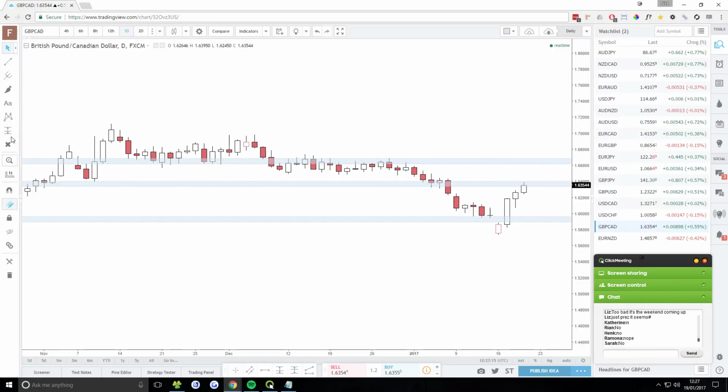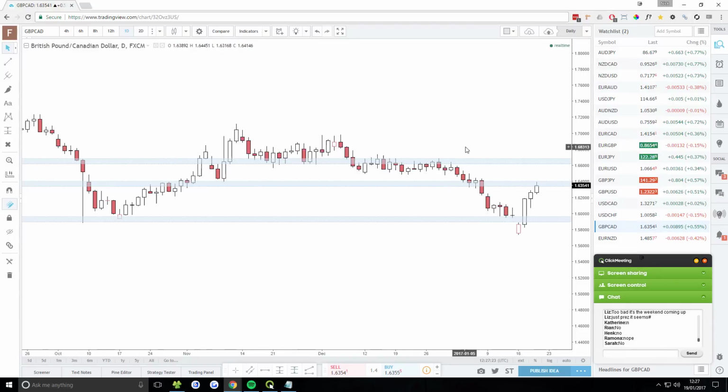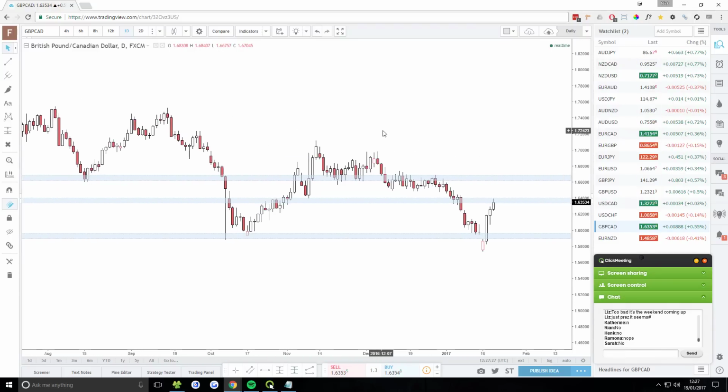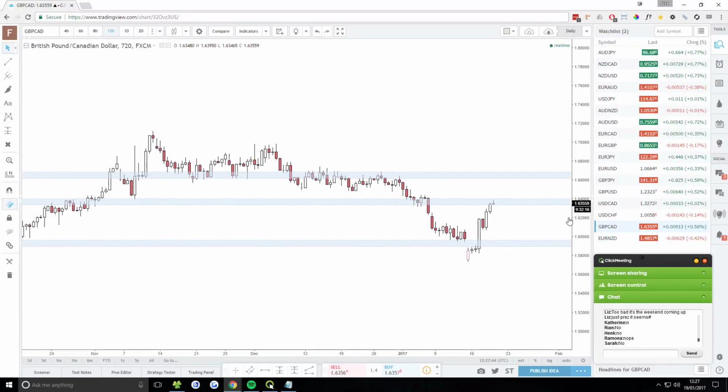I'm probably not going to take a trade here. As I was just saying, I'm not really that interested in trading the pound at the moment because of Brexit, and because there's a lot of uncertainty with the pound, a lot of surprise moves, and I'm not really sure if I want to jump in. But a lot of people are predicting pound weakness in coming days,